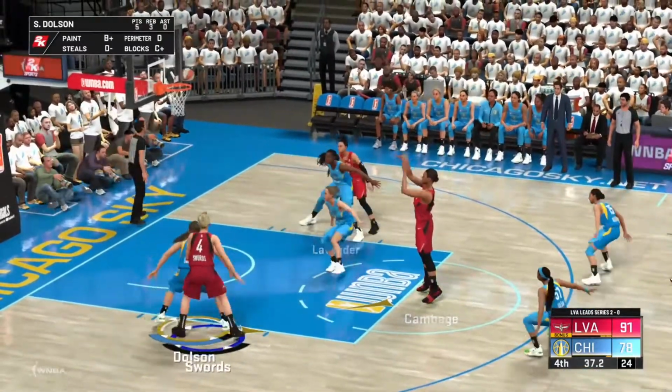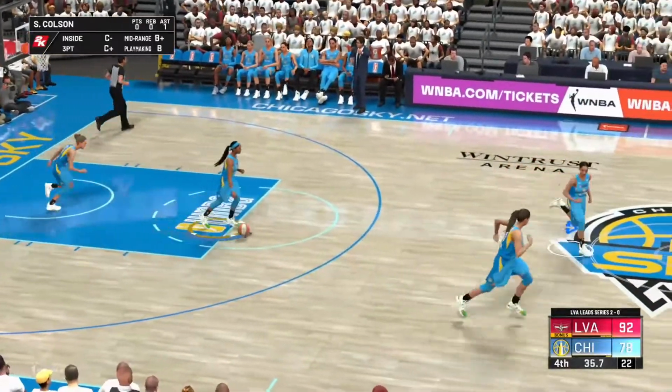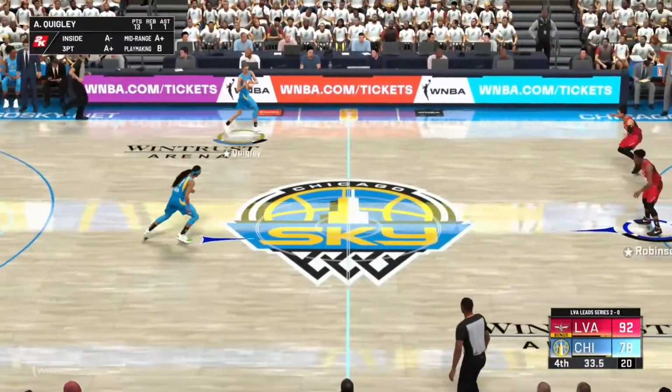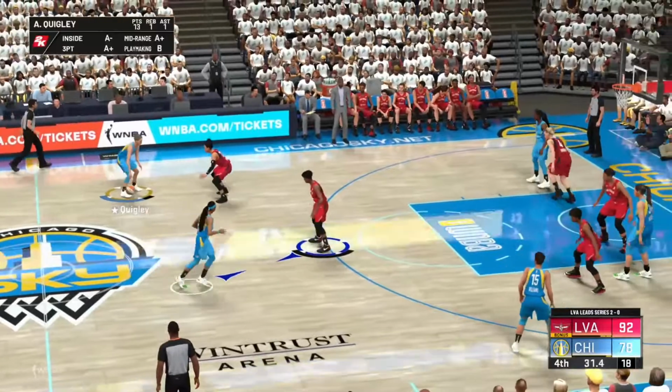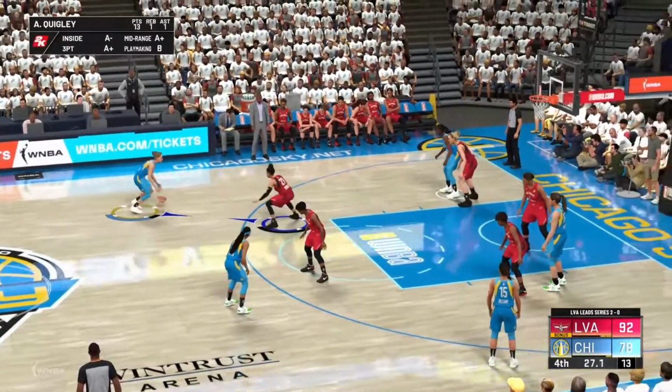And the Aces will go for a different look here. And that one goes in. 2 from the line that time. It was 5 years between WNBA seasons for Liz Cambage. And what'd she do when she returned to the league? Lead the league in baskets made, a